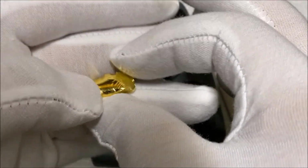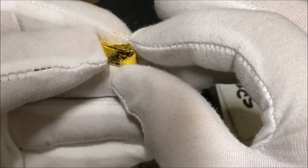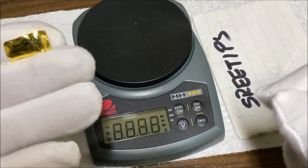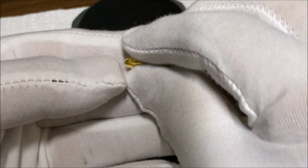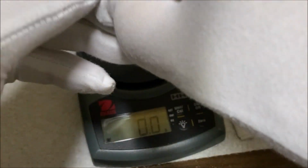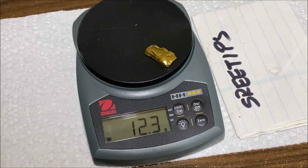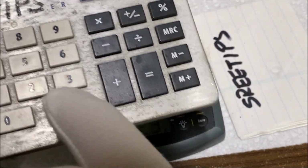Here's our little gold bar from our gold-filled material. High purity gold. Let's see what we got for a weight on this thing. I was expecting 8 to 10 grams. And we've got 12.3. All right, we got 12.3